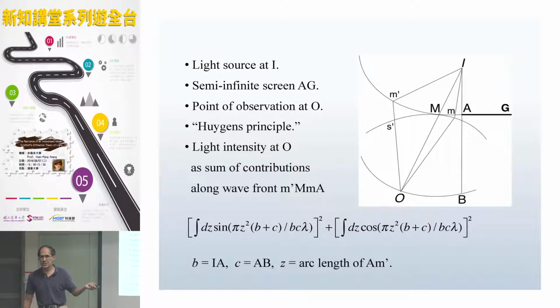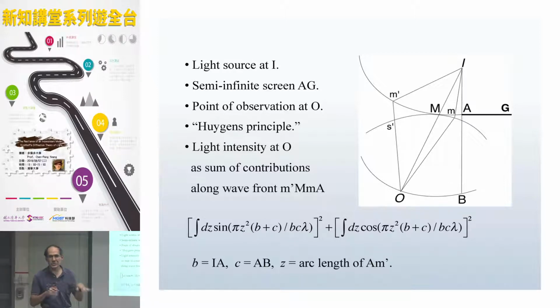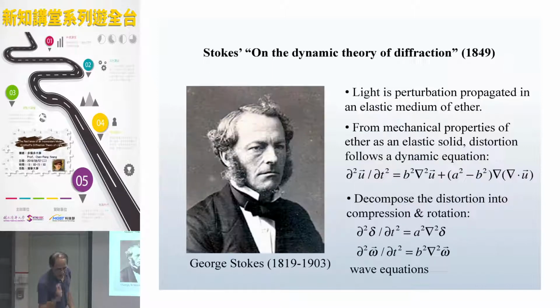So this is Fresnel's theory of light diffraction. Notice that even though this is a wave theory of light, Fresnel did not assume any form of wave equation. Instead, he invoked physical reasoning, like Huygens' principle, that for a wave emanating from the light source, we should deal with the whole wavefront and consider the contribution from all effective points on the wavefront. Okay, but then you would wonder what happened if we incorporate this perspective on the wave equation? That was exactly what the next scientist did